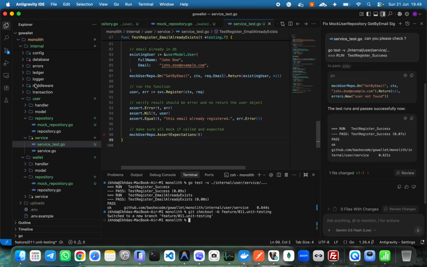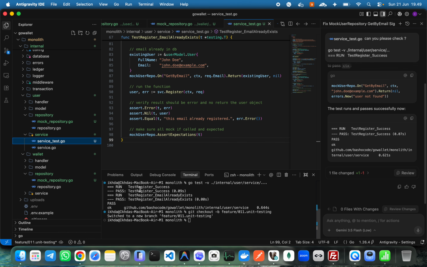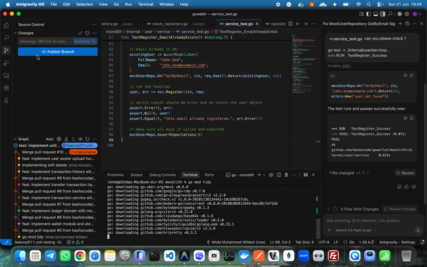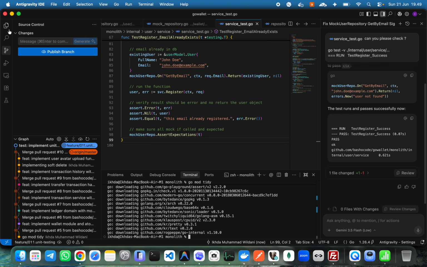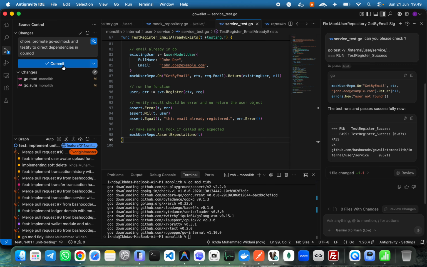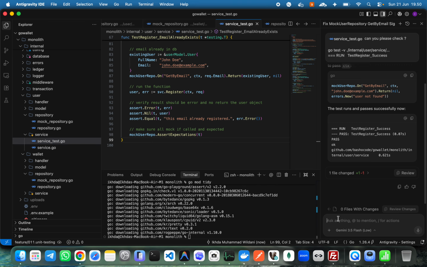Okay, I think I will generate this first. Go mod tidy. After this I need to commit go mod tidy, and then I generate again from SQL mod to dependencies, and then please